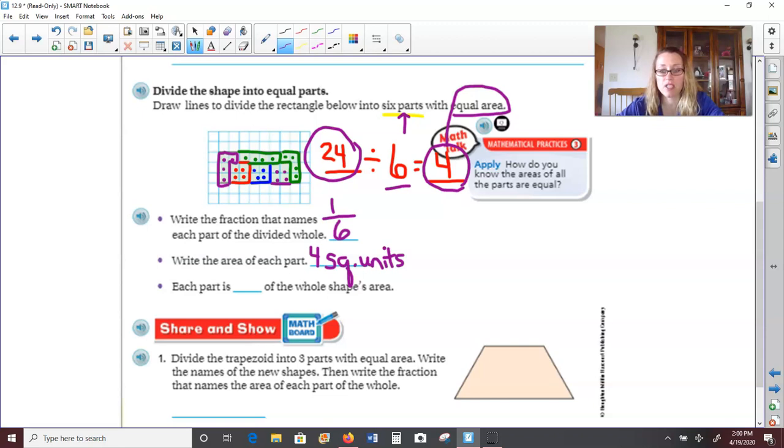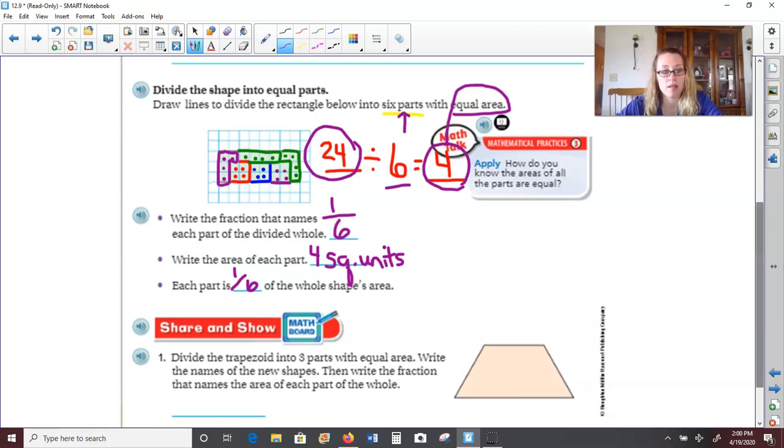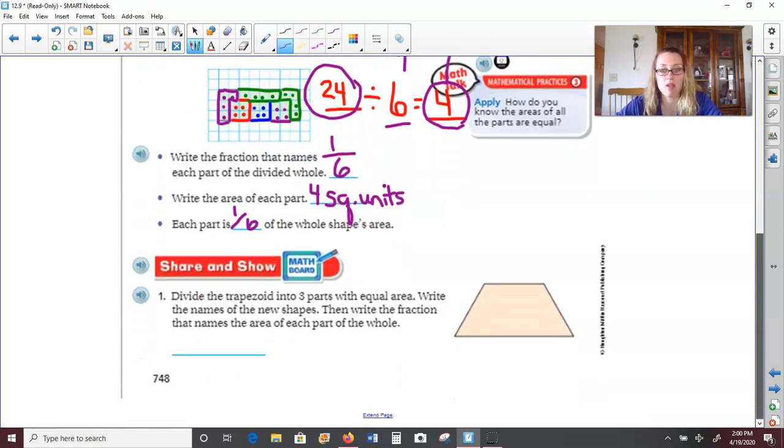And then each part is blank of the whole shape's area. Each part is going to represent the same unit fraction, 1/6 of the whole shape's area, because each shape that I created in my rectangle is 1 out of 6 pieces to complete the whole thing. So I know fractions and area can be kind of tricky, but I think you'll get the hang of it